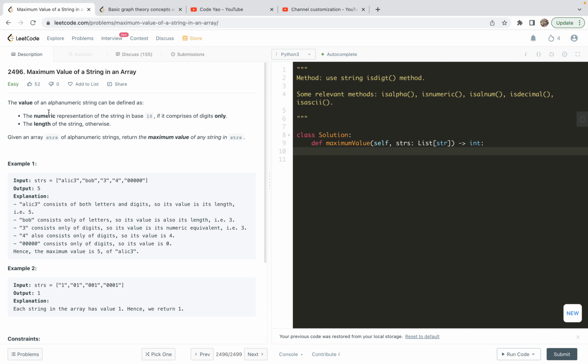First, let's digest the problem statement or task. The value of an alphanumeric string can be defined as follows: if it comprises digits only, then the numeric representation of the string in base 10. Otherwise, the length of the